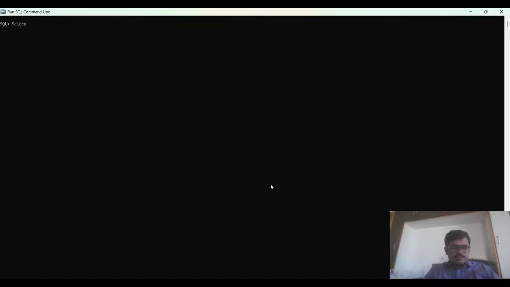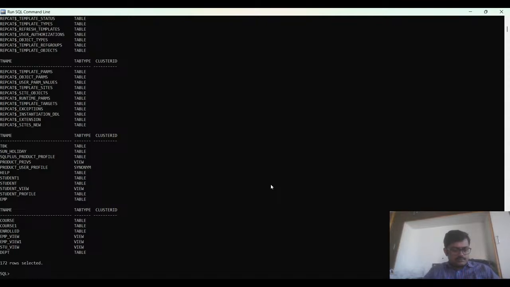Before going to the constraints, let us select star from tab, so we'll see the different kinds of tables. Nothing is there in this table. So connect system by manager. Now it is connected. Let us see the number of tables. Yesterday we created one table, so we'll go to the table and select star from